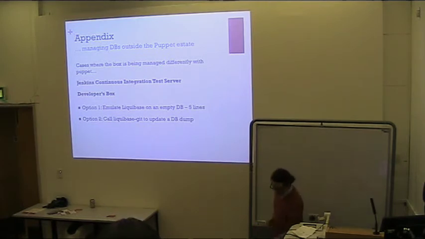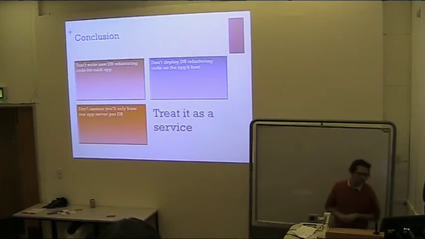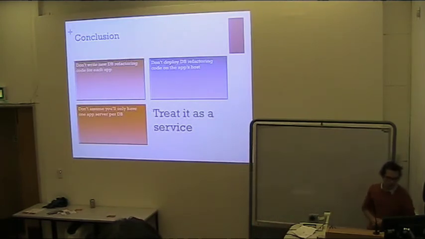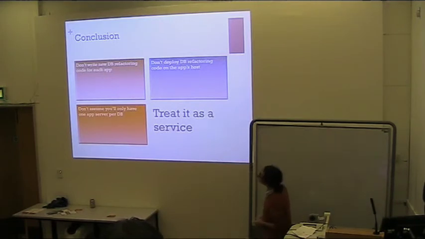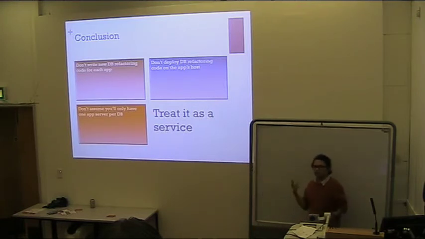So, it's a very honest talk. The coloured ones are things you shouldn't do. The white one is what you should do. So you shouldn't write a new DB refactoring code for each app, because it's ridiculous that you've got like 100 lines for every app to do the DB refactoring,